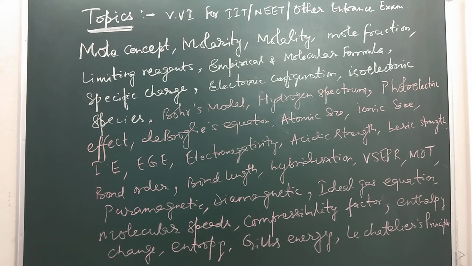And you have to also keep in mind the Arrhenius concept of acid and base. Acids are substances which give H+ ion in aqueous solution. Bases are substances which give OH- ion in aqueous solution. Any substance which increases the H+ ion concentration, or any substance which increases the OH- ion concentration. You have to remember the Bronsted-Lowry concept: acids are proton donors, whereas bases are proton acceptors.